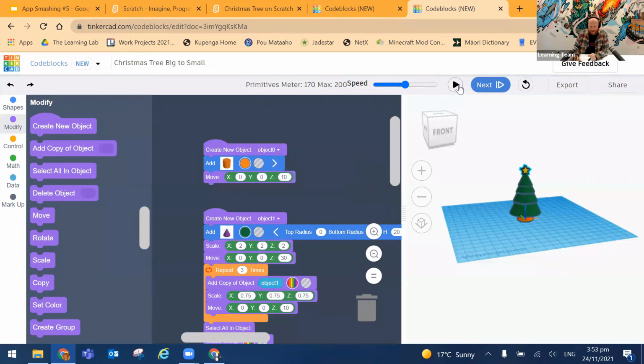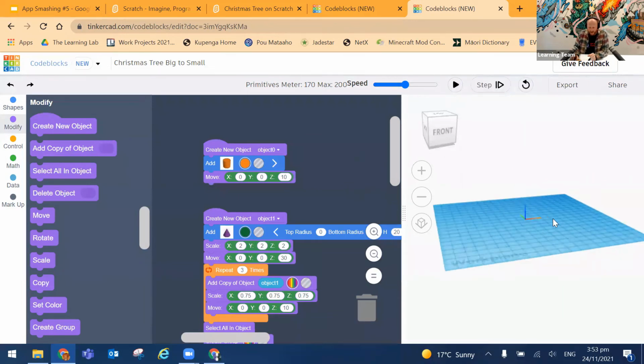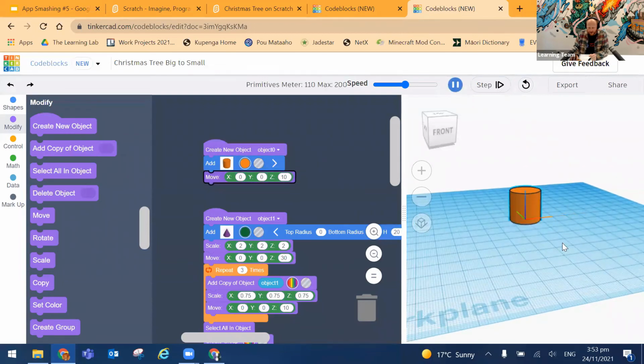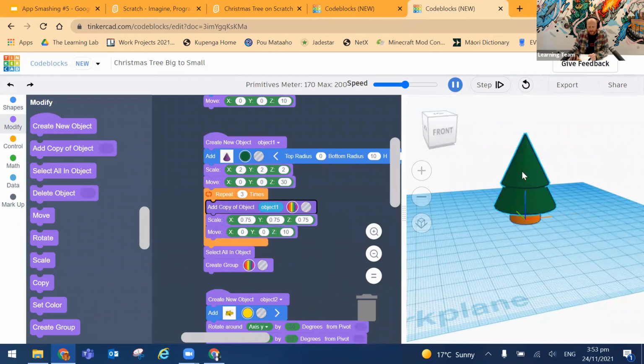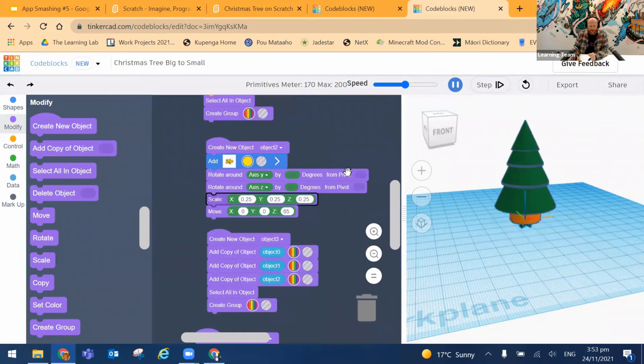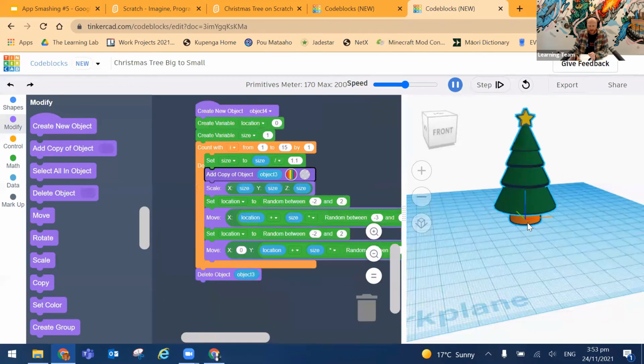All right, so start again from the beginning. Let's have a look at a Christmas tree. It creates this piece, see it going down 3 times, it creates 3 cones, or 4 cones in fact, because it duplicates itself. And then it creates a star, makes it small, puts it on the top of the tree, groups that entire object. And now,